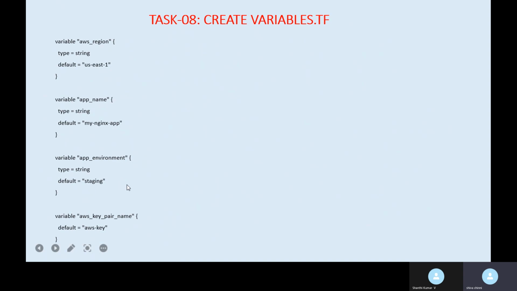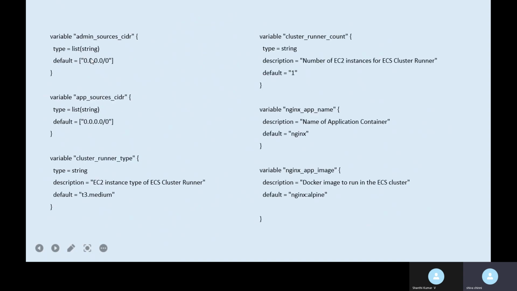For that, I just gave the staging app name. And the key pair name I have given as the default AWS key. With the admin sources variable, I have configured 0.0.0.0/0, so it means all IP ranges can connect to the instance. And for the app sources CIDR, I'm giving the same way, so all IPs can connect. For the cluster runner type, I'm giving the T3 medium instance type